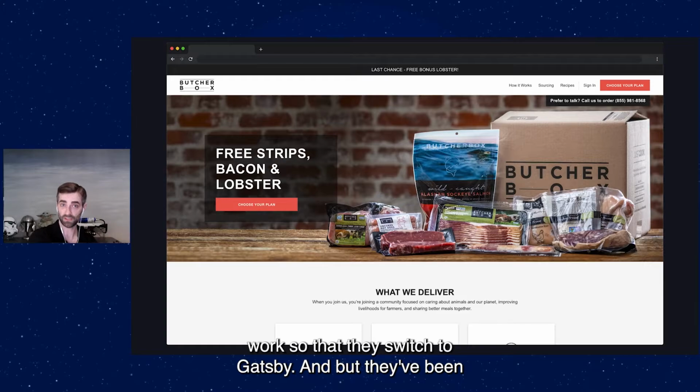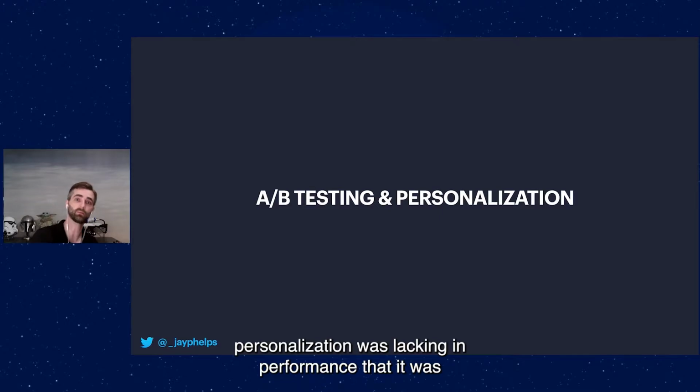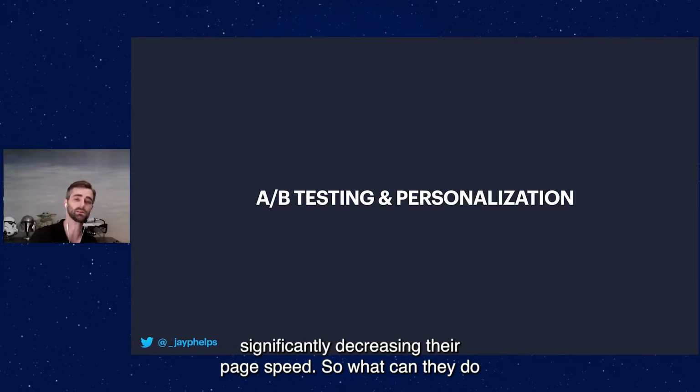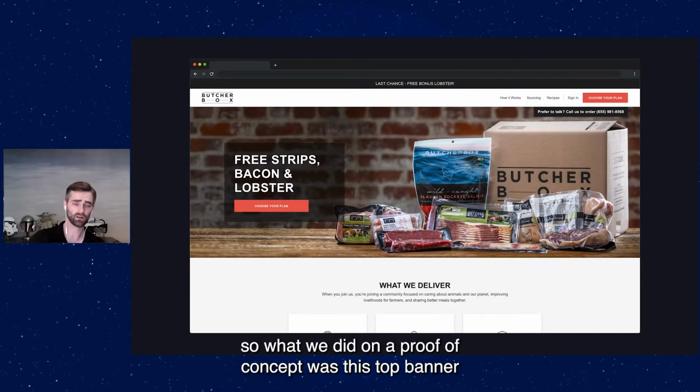They had a couple things in particular they wanted to work on. So they switched to Gatsby, but they were finding that their A/B testing and their personalization was lacking in performance, that it was significantly decreasing their page speed. So what can they do to fix that? Well, so what we did on a proof of concept